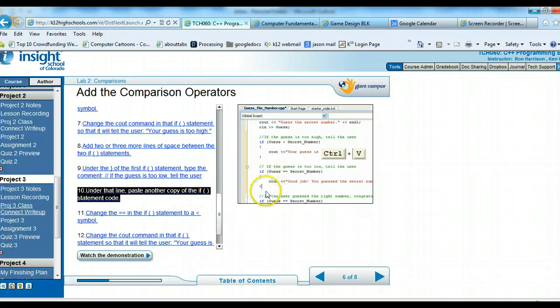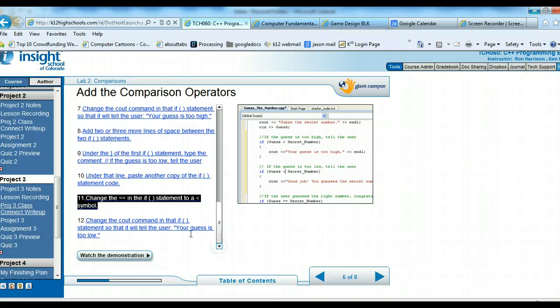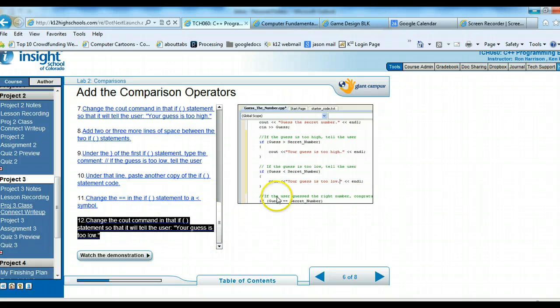Paste another copy of that if statement that we did before. Change the equal sign in the if statement, so see how that changes as we go back and forth. And then you're going to do the last part. So yours should now look